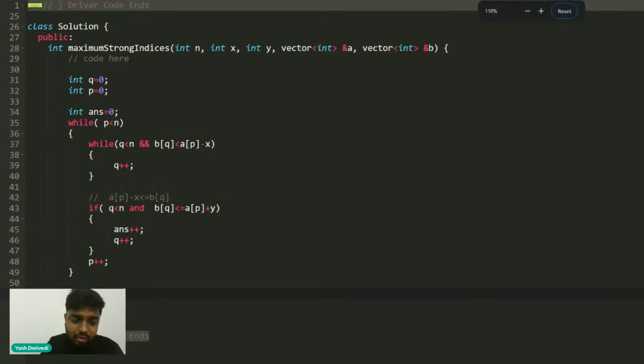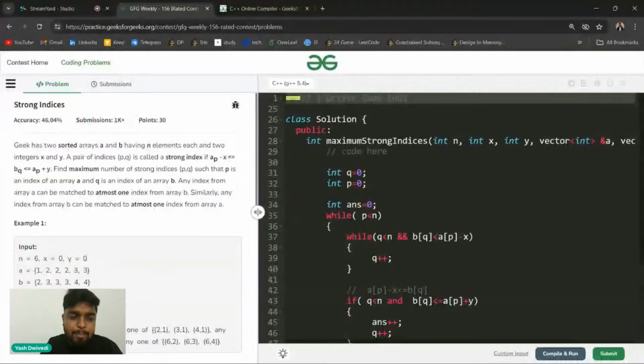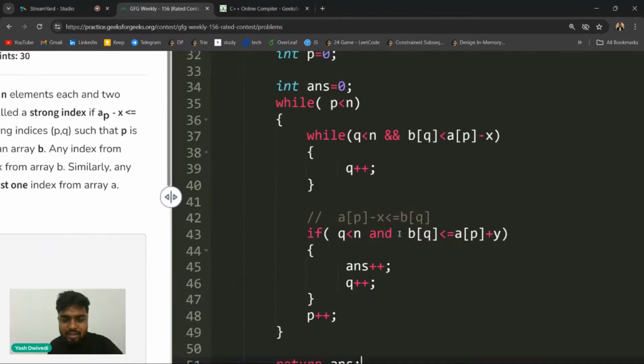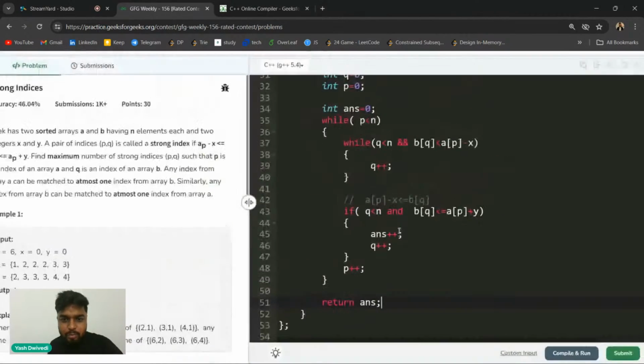Since I want to make the maximum number of pairs, that is why I'm starting my p and q from the starting. So does this make sense to everyone, guys? Is the idea clear or is anything not clear here? No, there is nothing like j. I had written it by mistake. So I hope that now it makes sense for everyone, right?